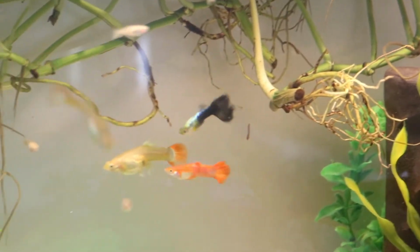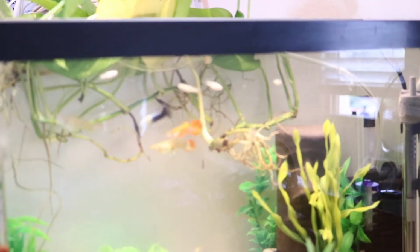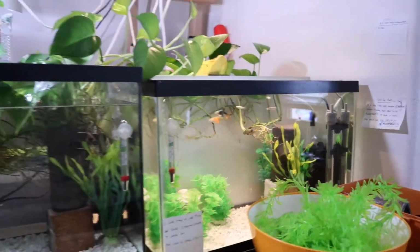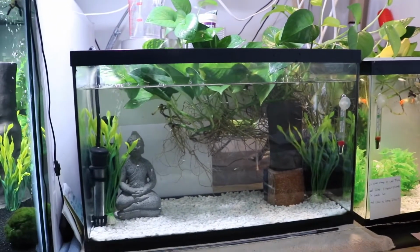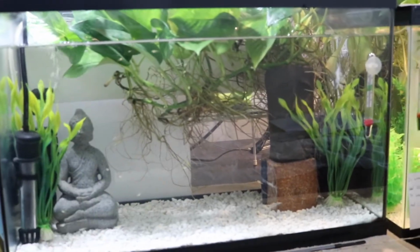And as you can see, the blue one is flirting with her right away, and the red one as well. And the teen fries in this tank are doing very good. And yeah, this is the current process, and I'm emptying this tank out just so that I can clean this tank out